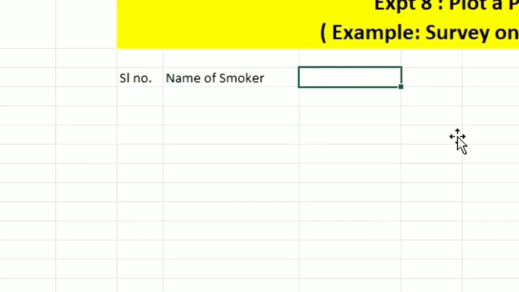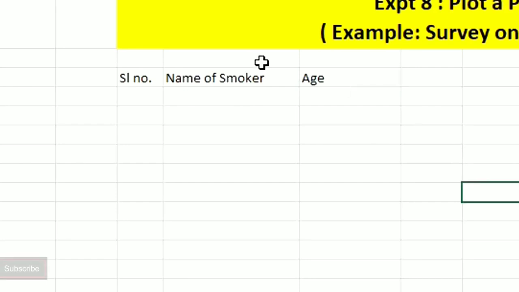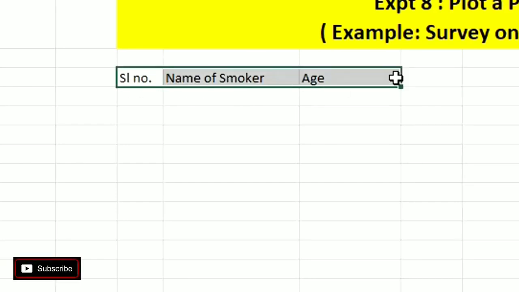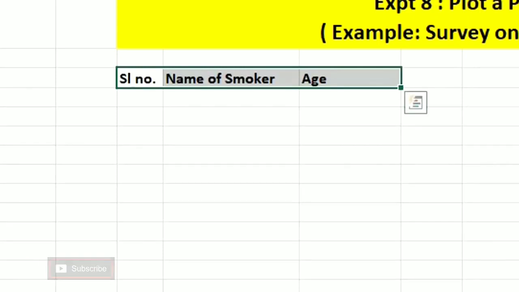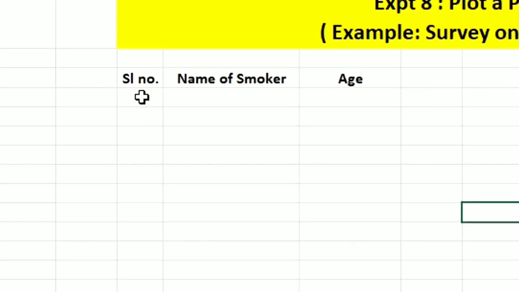After that I will type age. These three things are required: serial number, name of smoker, and age.